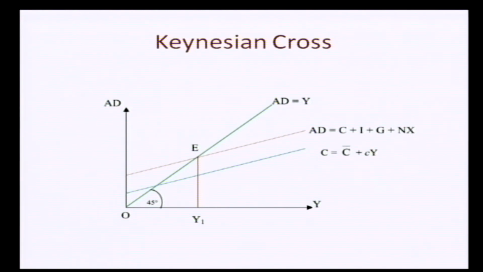Let's see what happens when the actual production is to the right of Y1. In that case, you see that the demand is less than the equilibrium line. The red line is below the green line. In that case, what will happen? The demand is less, supply is more. So it will add to inventories. There will be inventory build up. Obviously, when the businesses see that there is inventory accumulation, if they cannot sell what they produce, then the supply will decline.